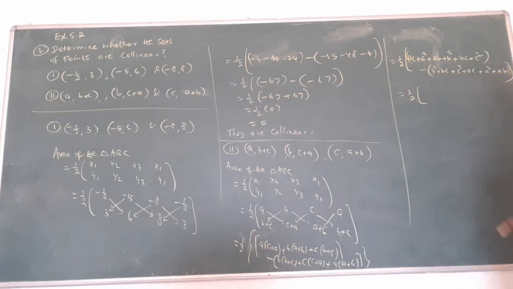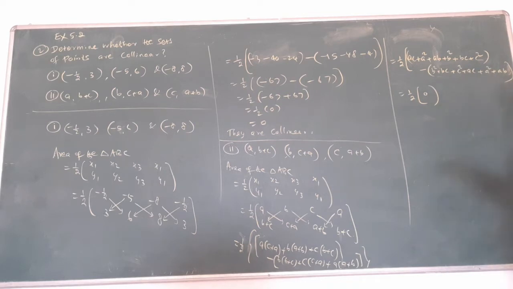that you want to cancel. The minus is there, A square is there. AC is there. A square is there. AB is there. B square is there. BC is there. C square is there. The whole thing will be 0. The whole term minus whole term, both will be equal to 0.